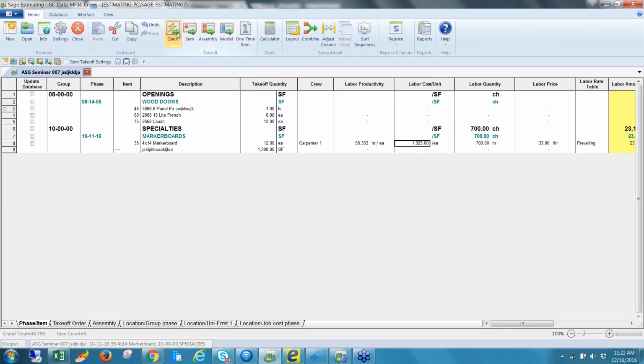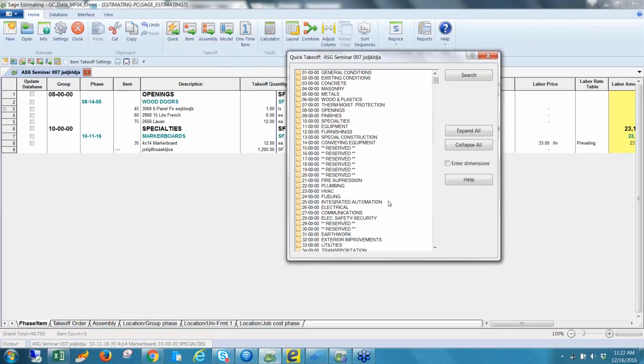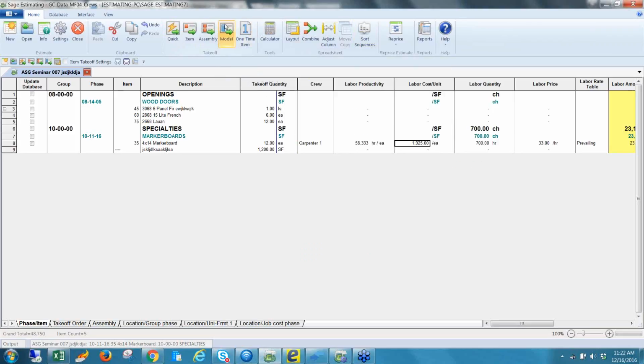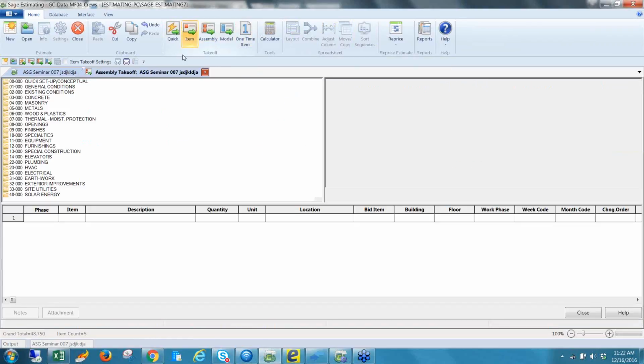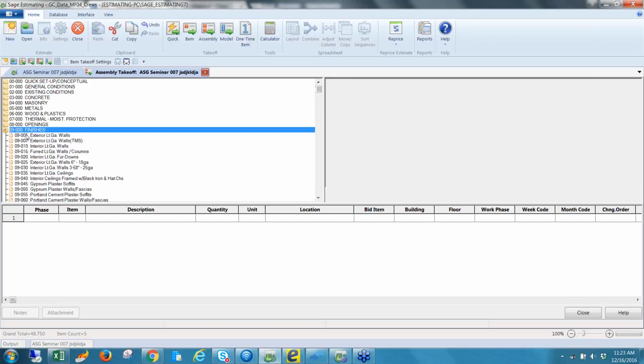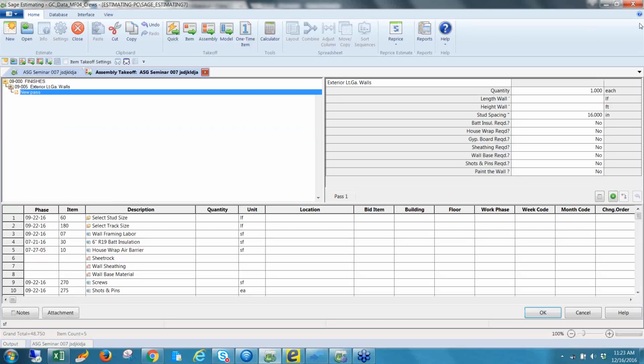For users, instead of having to go into QuickTakeoff and go down the aisles and find those items, we have the ability to collect all that information, and as we collect it, the assembly allows us to pull all those items and kind of put them into a cart, if you will, and not have to go find them every single time. For example, I may come into finishes and open up light gauge walls, and I have,